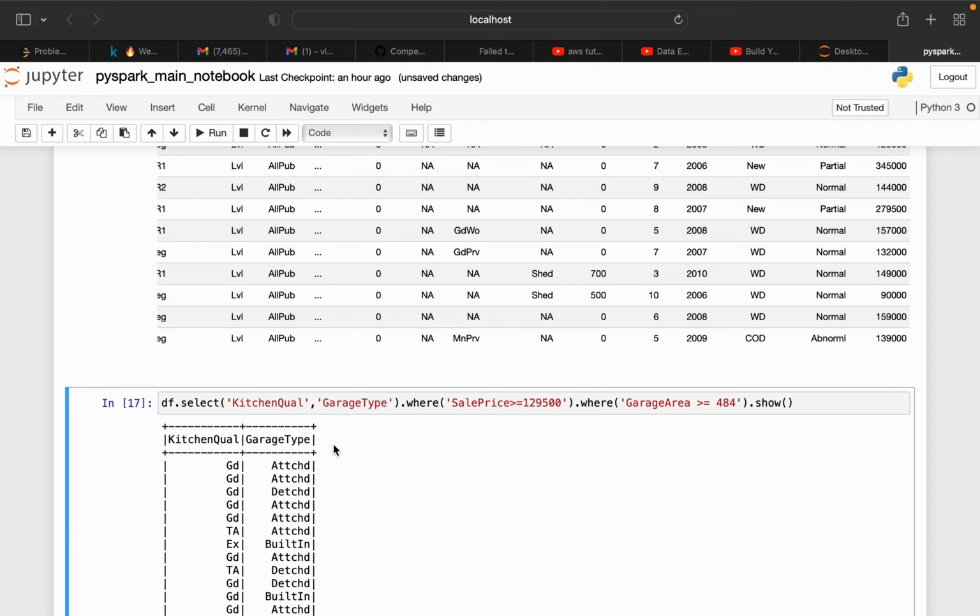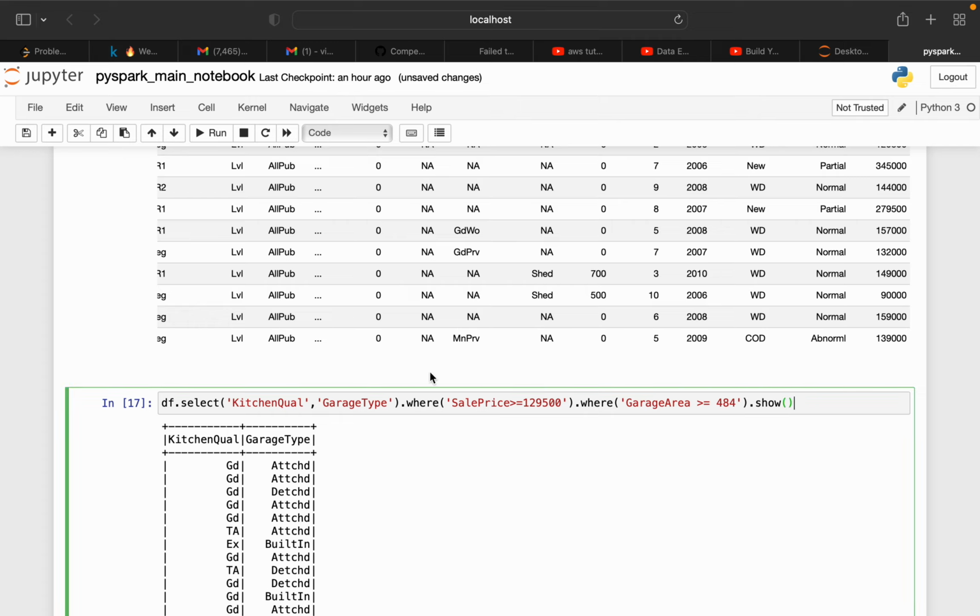Now let's get into some conditional statements. Suppose you want to select certain columns where you have certain conditions. Here I want to select KitchenQual and GarageType where my sale price is greater than a certain amount and my garage area is greater than 484.